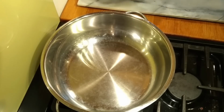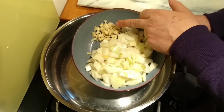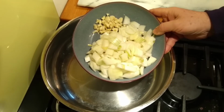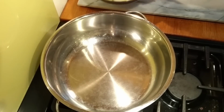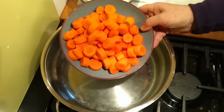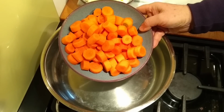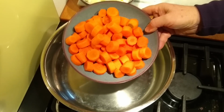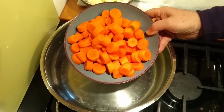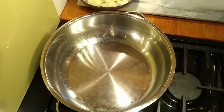Putting it down. You can see here, hopefully, that the garlic and the onions have been chopped quite roughly. There's going to be a lot of cooking time here. And the carrots have been cut and chopped very chunky, again, because there's going to be a lot of cooking time. We don't want these to completely disintegrate. Right, so what we're going to do now,